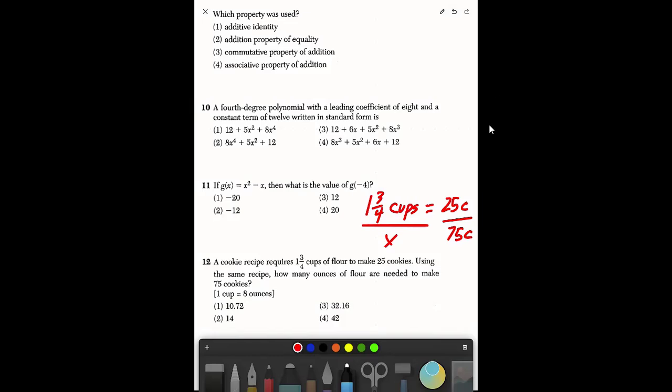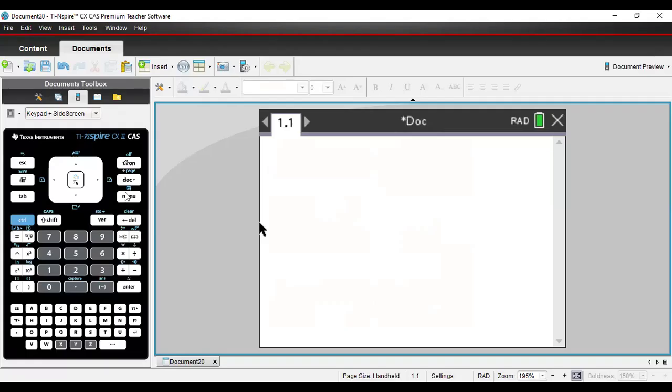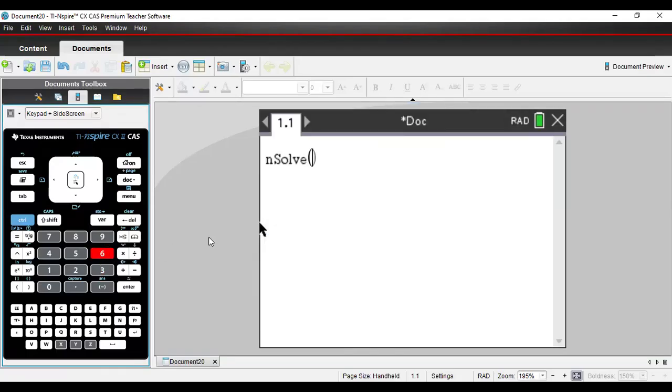All right, so here's what I'm going to do. Here's the key: if you can come up with this proportion, you should be able to solve it algebraically, but at this point, we're just going to let the calculator take over. I'm going to do menu 36. I'm going to use solve, and I'm just going to go control divide. I'm going to put 1 plus, because there is no mixed number. So I'm just going to do 1 3/4 here,